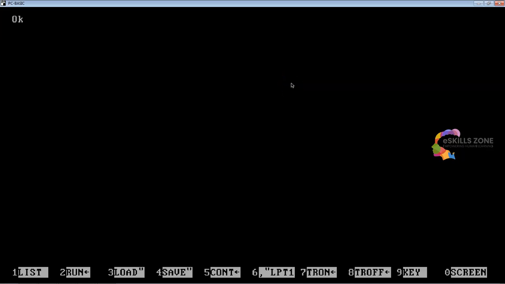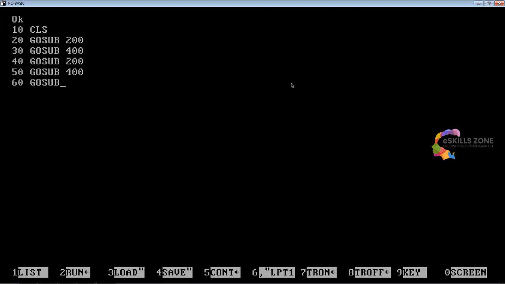In line 10 we will type CLS. Line 20 we will type GOSUB 200. Line 30 we will type GOSUB 400. Line 40 we will type GOSUB 200 again. Line 50 we will type GOSUB 400. Line 60 we will type GOSUB 200 once again. Line 70 we will type END, and at line 200 we will type PRINT